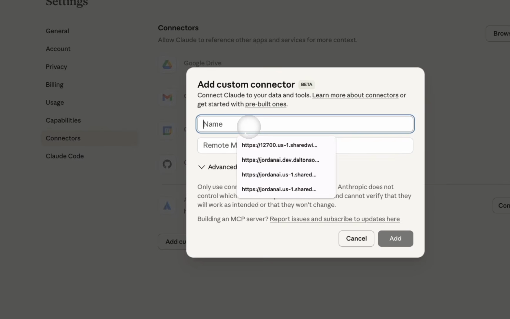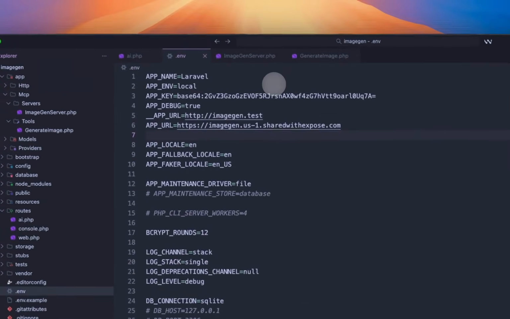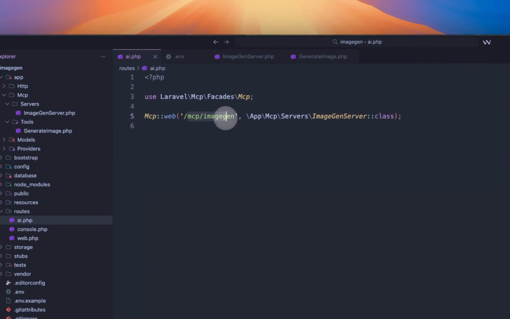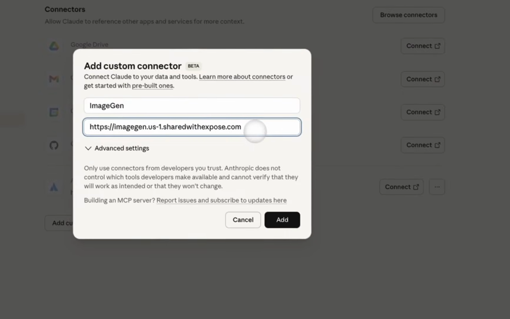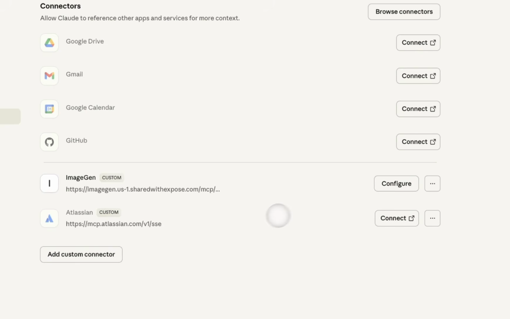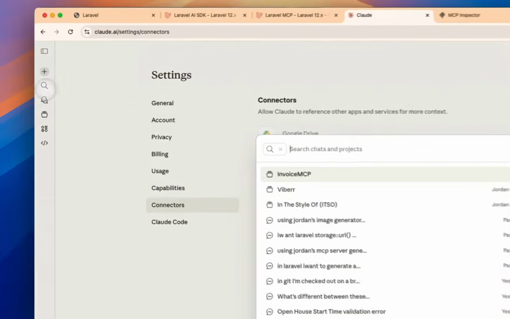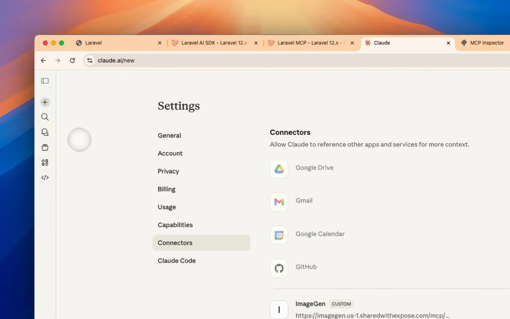But note, we're just going to say image gen, give it a name. And so that's the URL. However, remember, we're going to have to give it that full path. So MCP image gen. And if all goes well, you see how it shows configure, that means that we are connected. So now if I go to start a new chat,